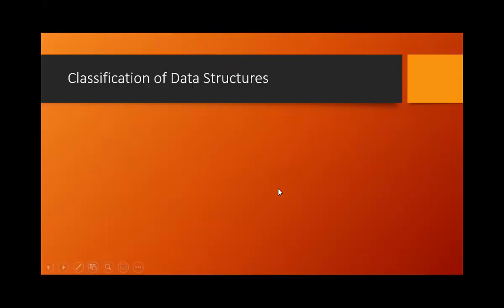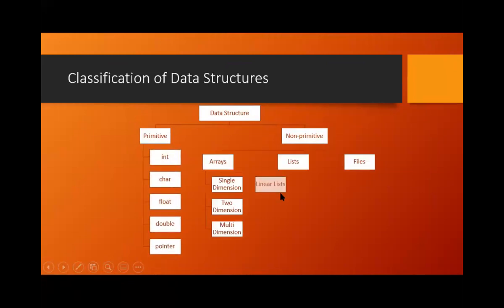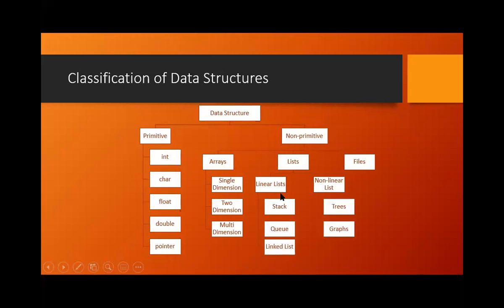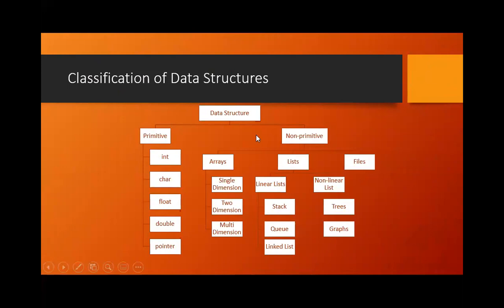See, isn't it a proper hierarchy, a tree kind of data? Look at here. On top, on the root side, what we have? A data structure. Then it has its own two nodes here. One is primitive, other is non-primitive.